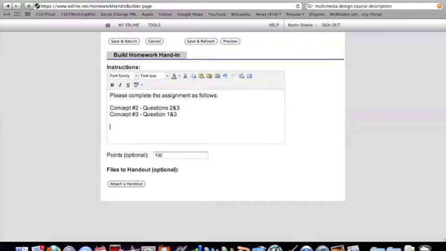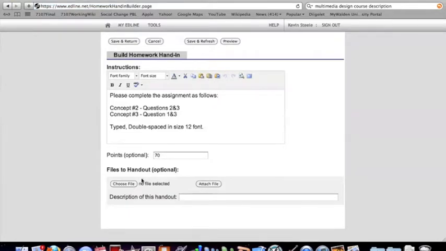So I'm going to tell them also I want it typed, double-spaced, in size 12 font, and then I can set the number of points. If we're using Grade Quick Web, which we'll cover in a later tutorial, it allows us to actually grade it on the screen, and then it will place it directly into our grade books. So I'm going to go ahead and click Attach Handout,